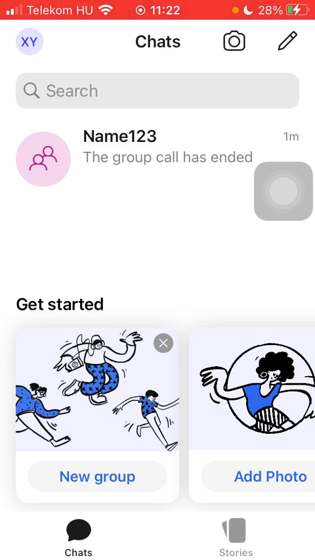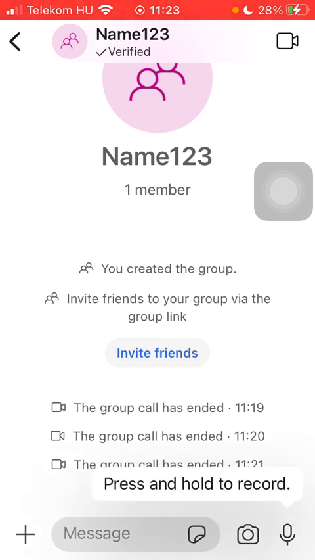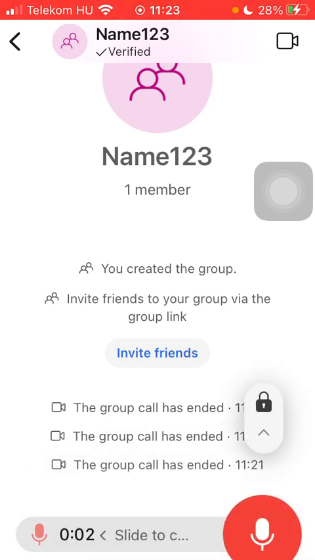Now let's jump into it. First of all, open the application on your phone. After that, click on the chats icon down below in the left side corner and click on the chat group. Then in the right side corner down below you have the microphone icon, so tap on it. Then you should press and hold in order to record your sound, and when you are done you should